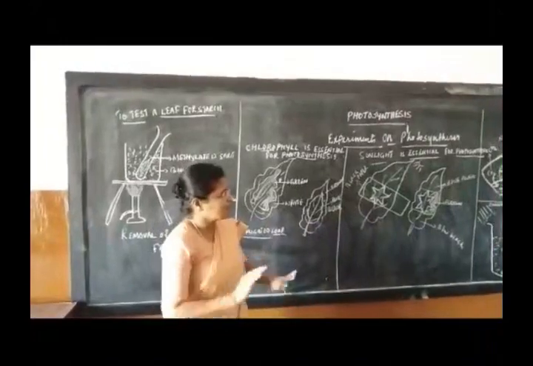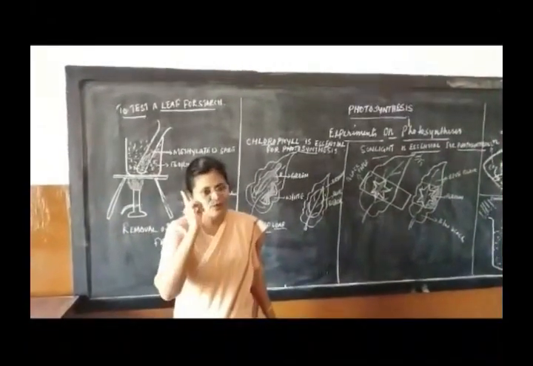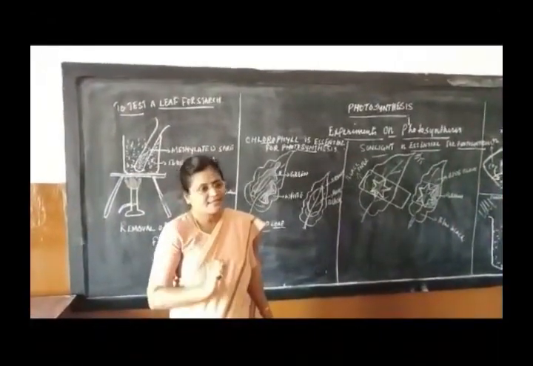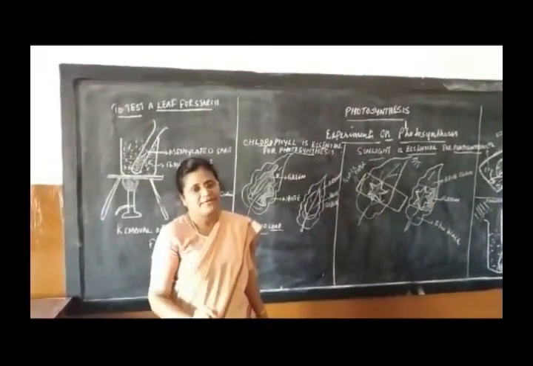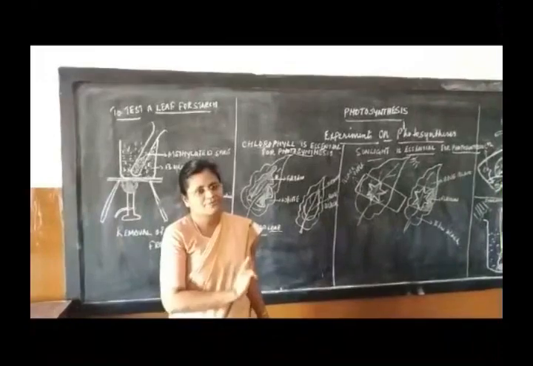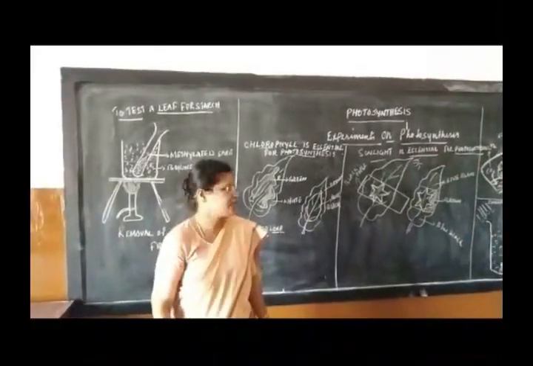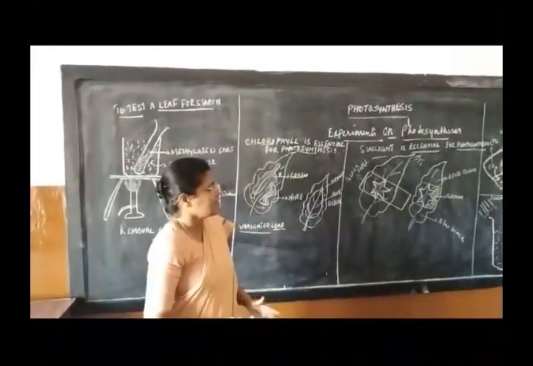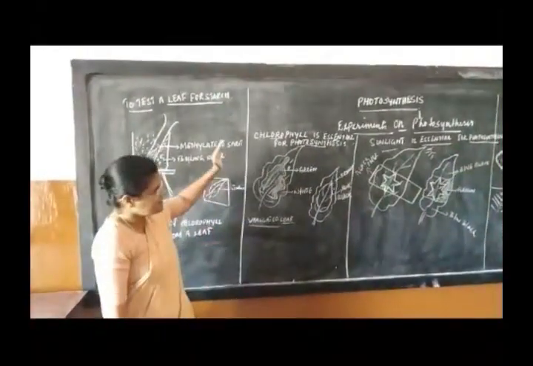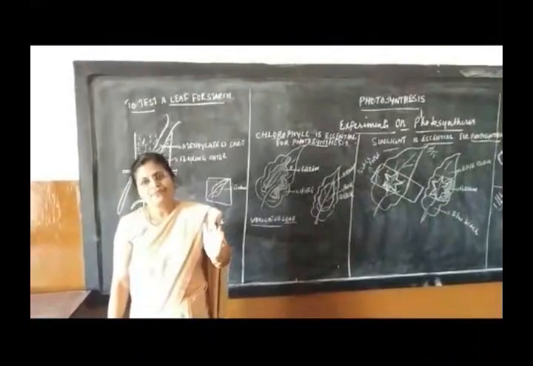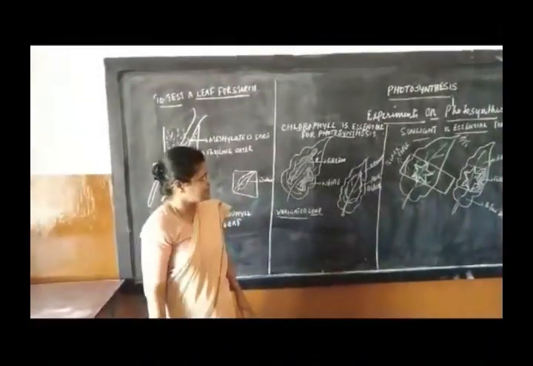With this I have come to the end of the chapter. Only one point is left, that is the regulation of opening and closing of stomata. I will deal with that after completing absorption of water by root and transpiration. Thank you children. If you have any doubt you can ask me. When I go to the next class I will recap the whole thing. Thereafter we go to the next chapter.